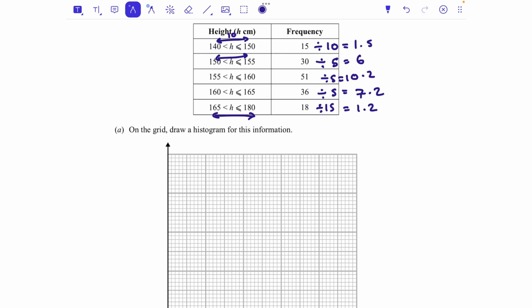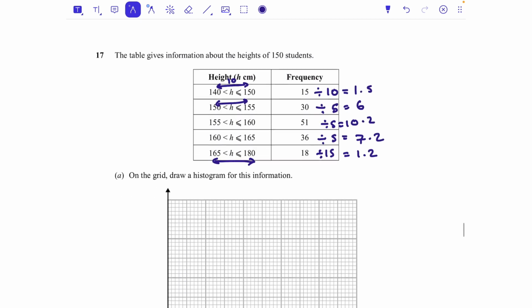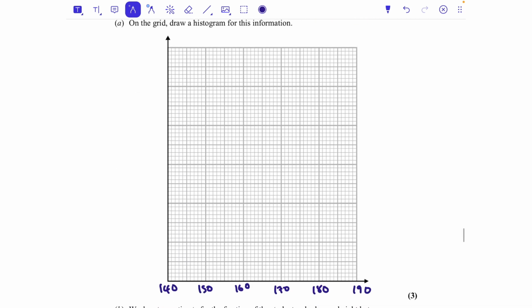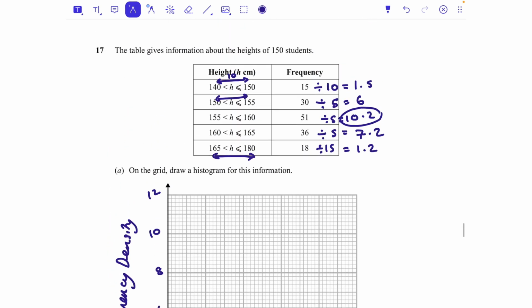So the first category is from 140 to 150. I'm just going to go 140, 150, 160, 170, 180 and 190. And then up the side here, we need to make sure we go up to at least 10, because that's going to be that frequency. So let's go 2, 4, 6, 8, 10, 12. So up the side here we call this frequency density,